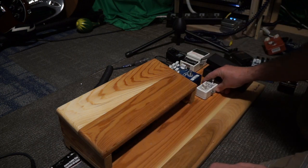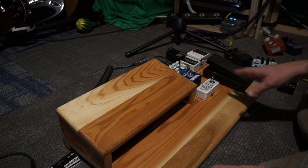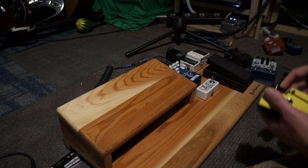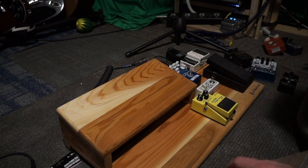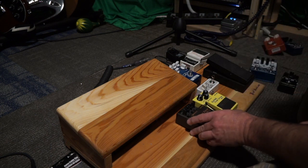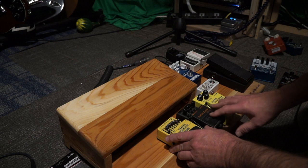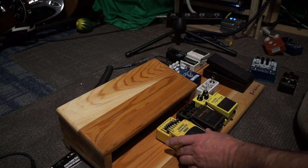So the Spark, that can go, you know, that can go. I might rearrange these, but usually this is the way I do it. Next, of course, would be your dirt pedals, overdrives, and the Metal Zone overdrive. After this would be an EQ, so you can EQ your tones here, and then your time-based